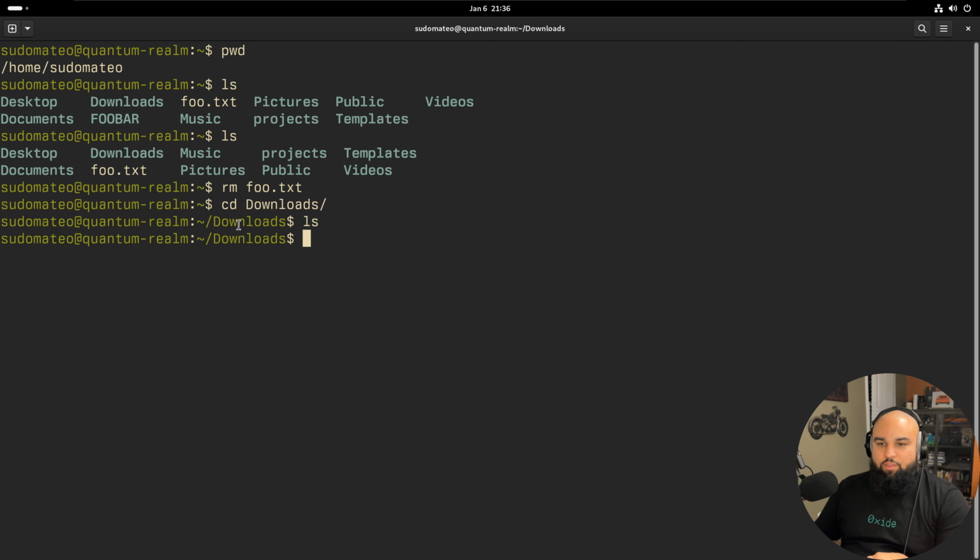And that only worked because I was already in a directory that had a downloads directory underneath it. This is what we call a relative path because there's no leading slash in front of it, which means it's relative to whatever your current working directory is, which you can always find out by doing pwd. Okay,